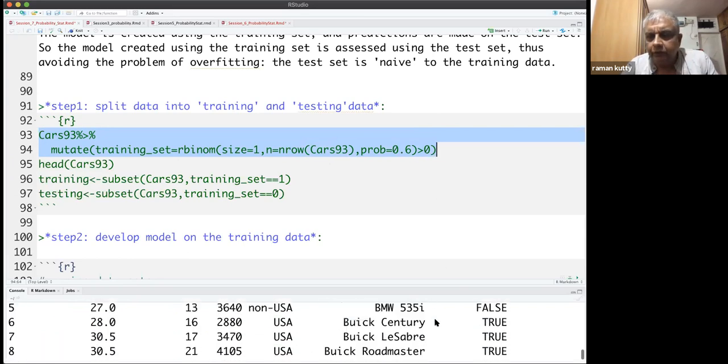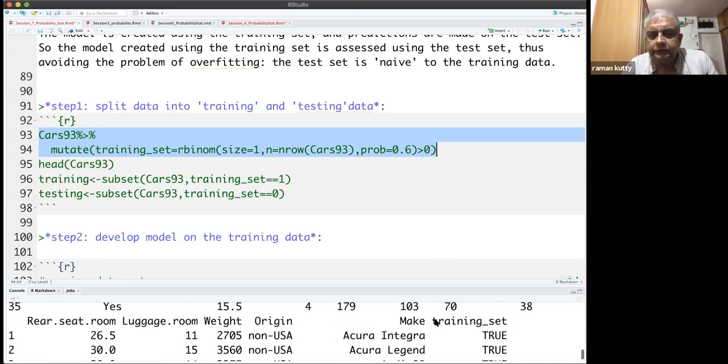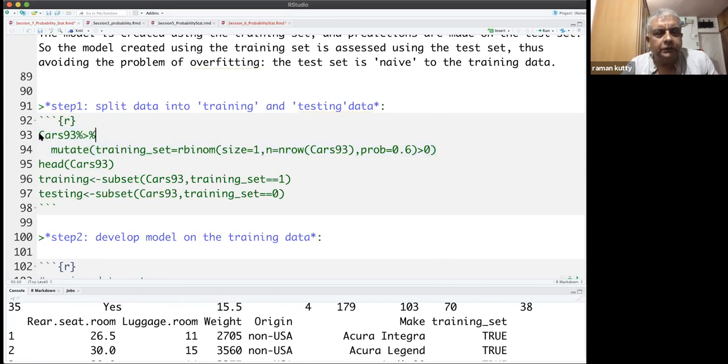Yeah, now we have a column of training set. Okay, so we will call this Cars93. So we are saving the same name. For some reason, the other command should work, but I don't know what happened. Anyway, we have created a new variable for the Cars93.